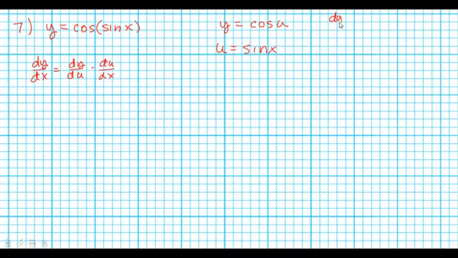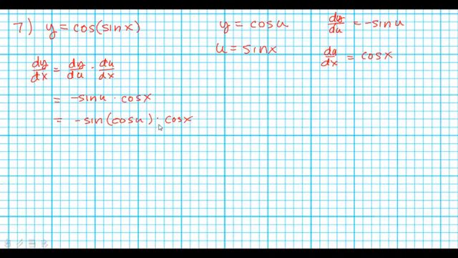Dy du is going to be minus sine of u, and then du dx is going to end up being cosine of x. So dy du, negative sine of u times cosine of x, and then we'll do our final substitution, negative sine of